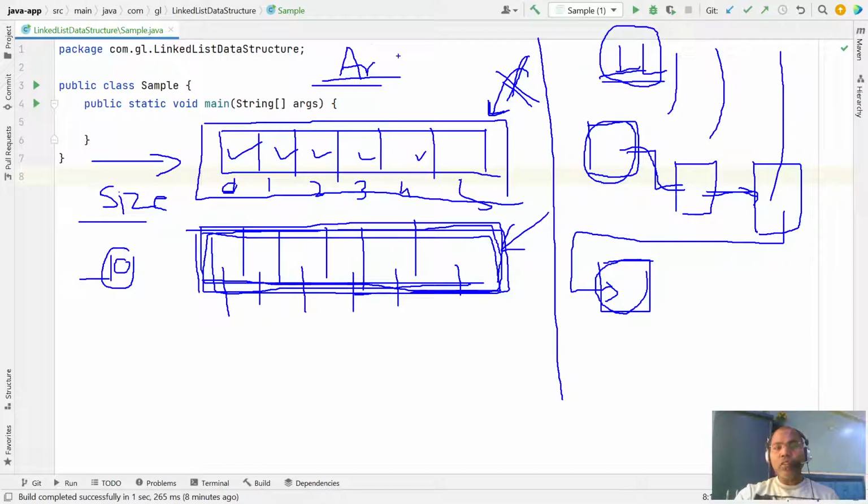And all the features, all the benefits you can get from an array, you can get from the linked list. There are some benefits of the array data structure, and some benefits of the linked list data structure. There are some disadvantages of the array data structure, and there are some disadvantages in the linked list as well. We will further discuss the advantages and disadvantages, but let us look